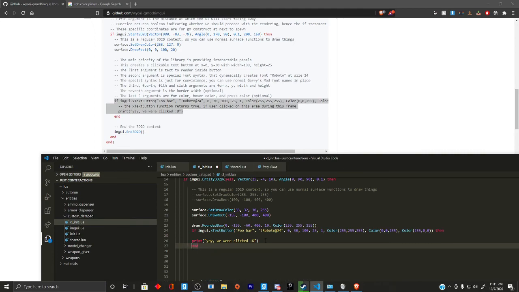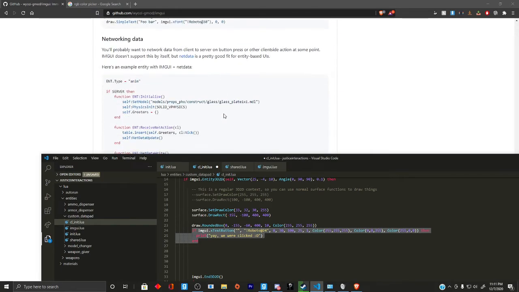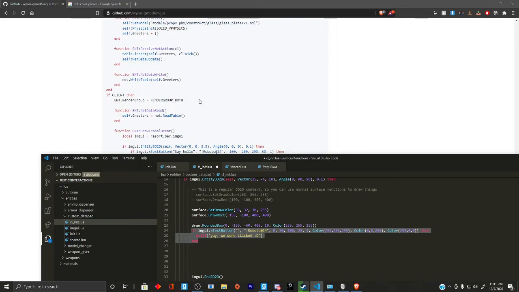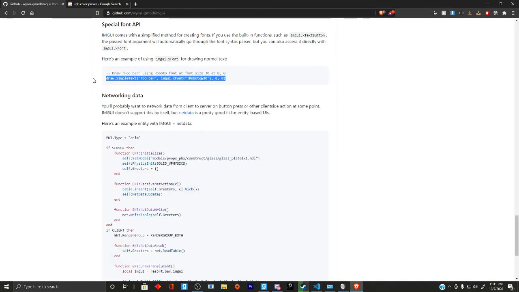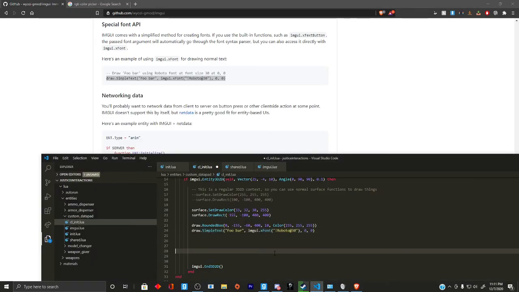Okay. So how this works is this will create a button with the ImGUI library. So this right here will be the text that's displayed. So we're going to make this, oh, I am doing text. I am sorry. I am out of it right now. Okay. Let's go look at how they draw text. So they draw simple text using ImGUI fonts. So I meant to copy this. My bad. So if we do this correctly,